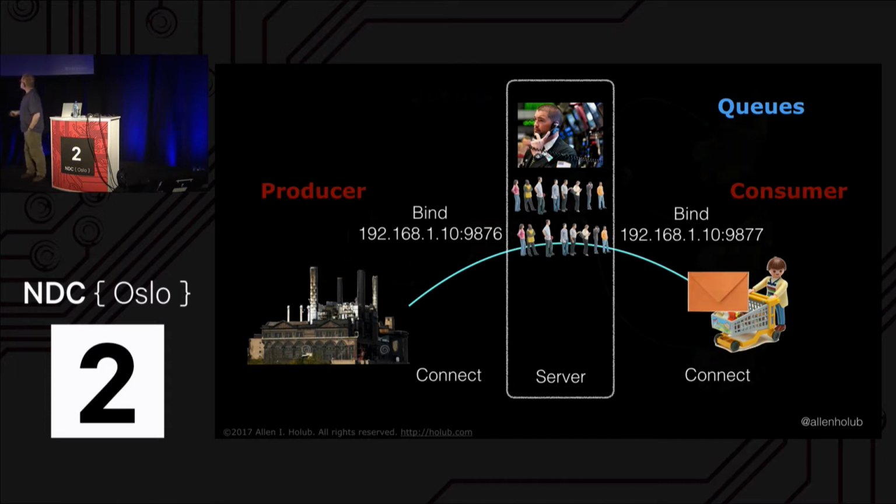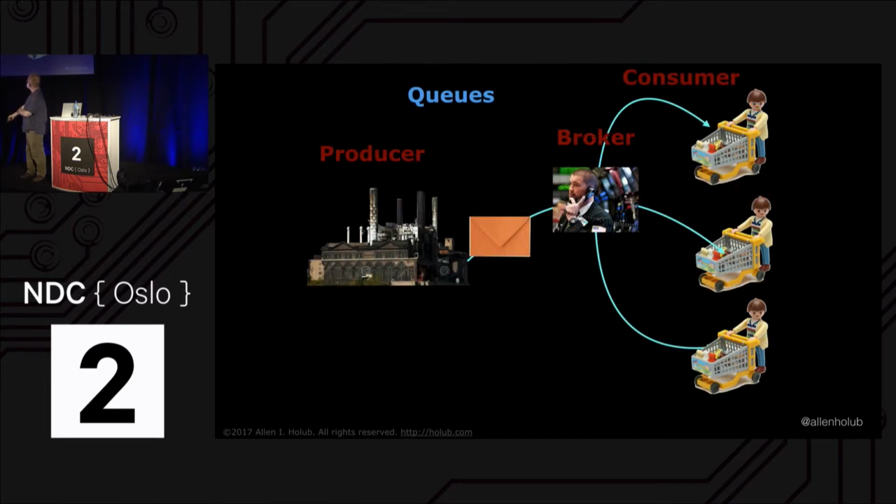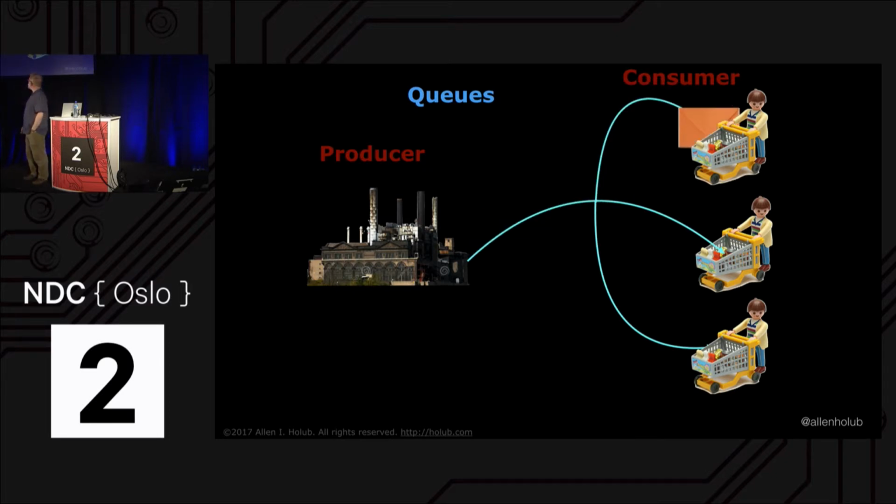Now, in terms of sending messages, typically the producer will talk to multiple consumers with some kind of queue. There could be a broker in the middle, but there doesn't have to be. Typically, when the producer sends messages out, they get sent out in a round-robin sort of fashion, as they just go to the various consumers that are connected. The thing to notice when I'm talking about that is that this is a kind of load balancing. So we talk a lot about load balancing in the microservice world.